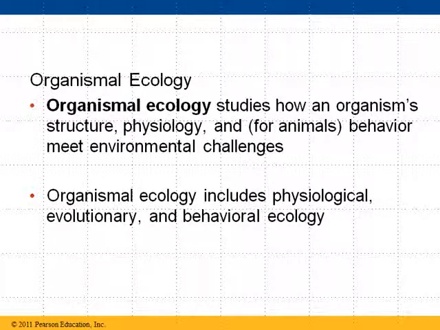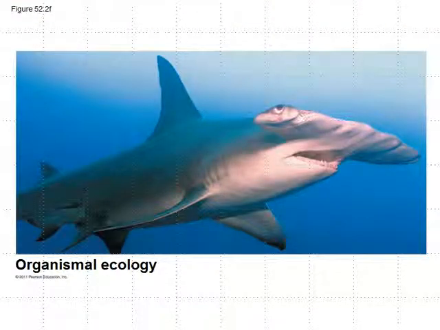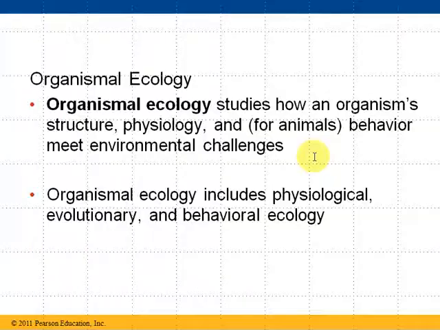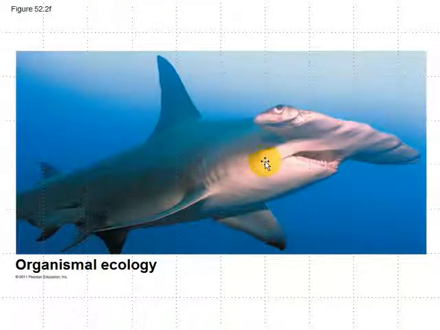So organismal ecology includes physiology and evolutionary and behavioral ecology, the study of, say, this one particular shark or type of shark, how it interacts with its environment and interacts with the other creatures around it. So you might study hammerhead sharks and how they mate, or how they raise their young, or how they best find food, and that would be at the smallest level, the single organism. This one particular shark we are using as our study subject in that form of ecology. So we'll take a break right there.